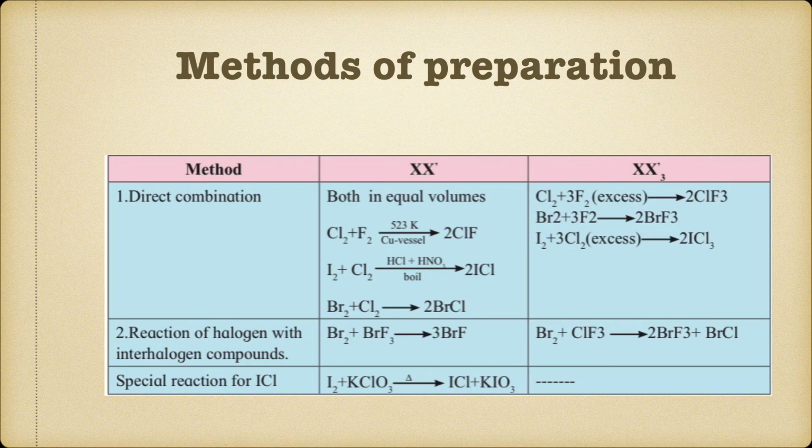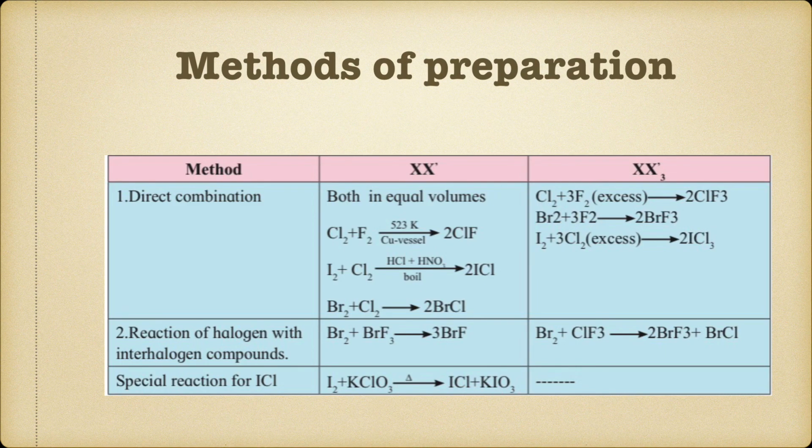I'll get what? Chlorine monofluoride. Similarly, I2 plus Cl2 taken in equal amounts, and I have taken the reagent as HCl plus HNO3 and boiled. I will get iodine monochloride. And the last one, again bromine and chlorine taken in equal volumes, it will give me what? Bromine